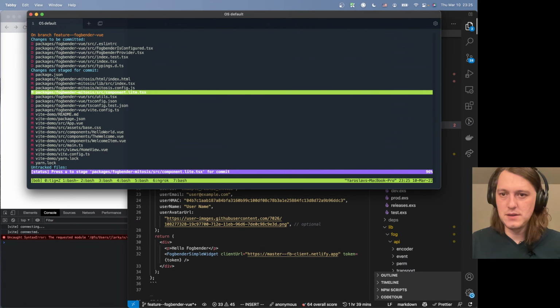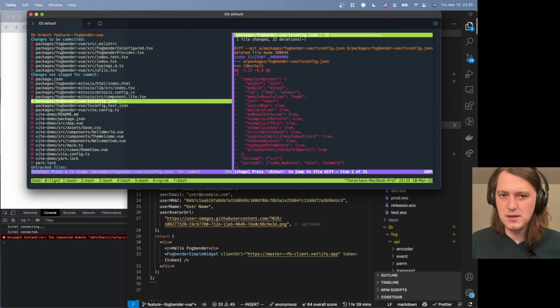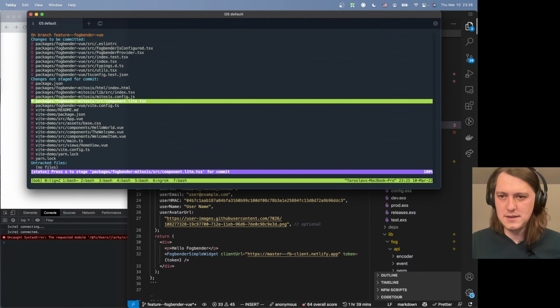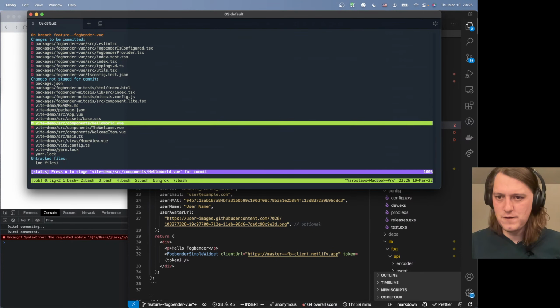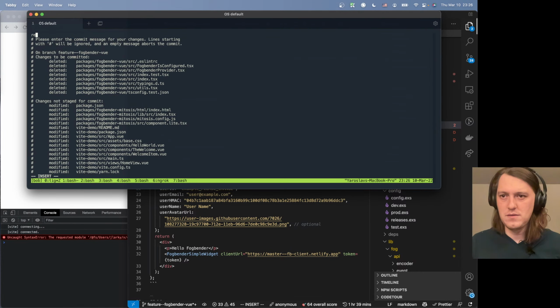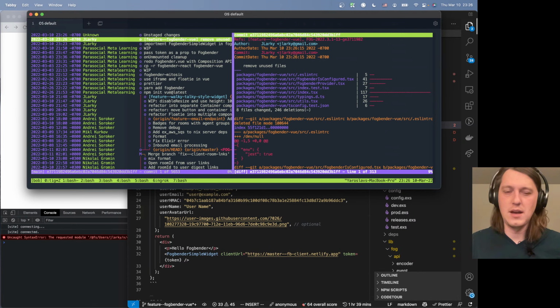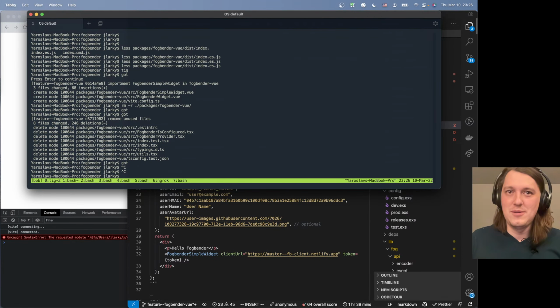We also don't need this. Yeah, we don't have utils yet. TS config is probably fine. We don't have test. Okay, I think that's it for now. So remove unused files. Yeah. Okay, so